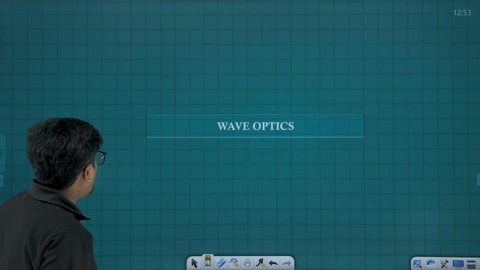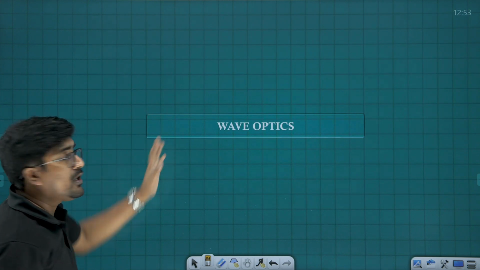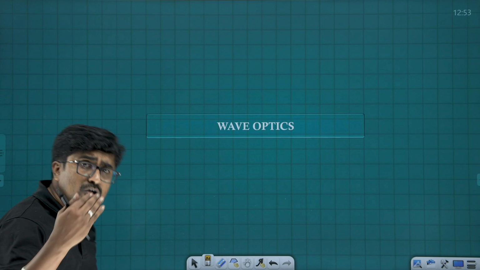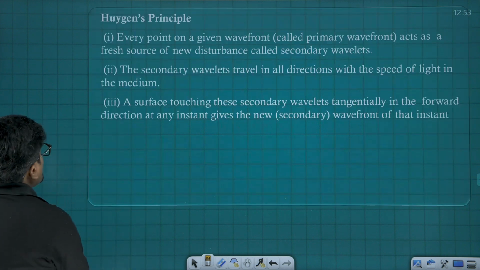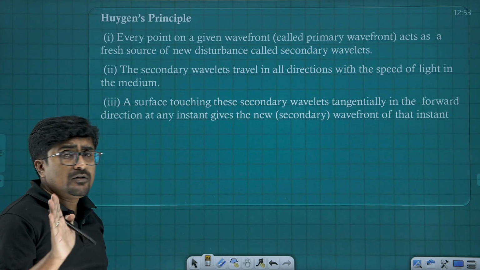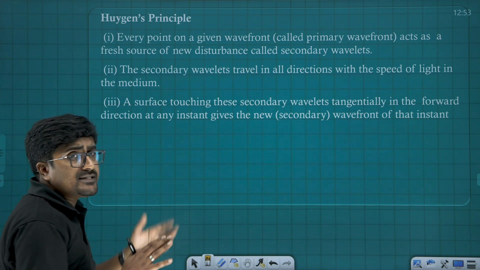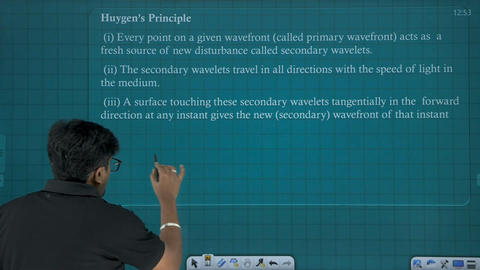Alright. Now we need to move to the next, that is wave optics, chapter 2 of this module. So here first of all we need to tell about the Huygens principle. Huygens principle says that every point